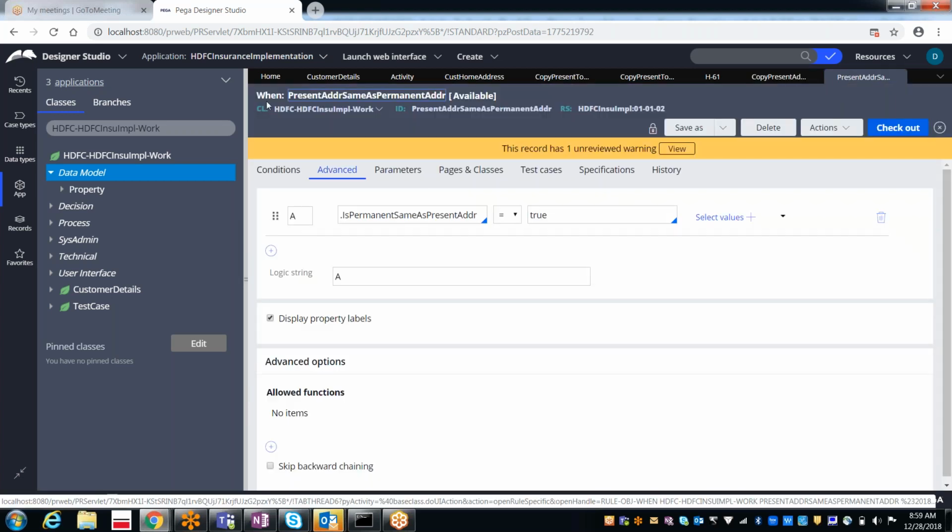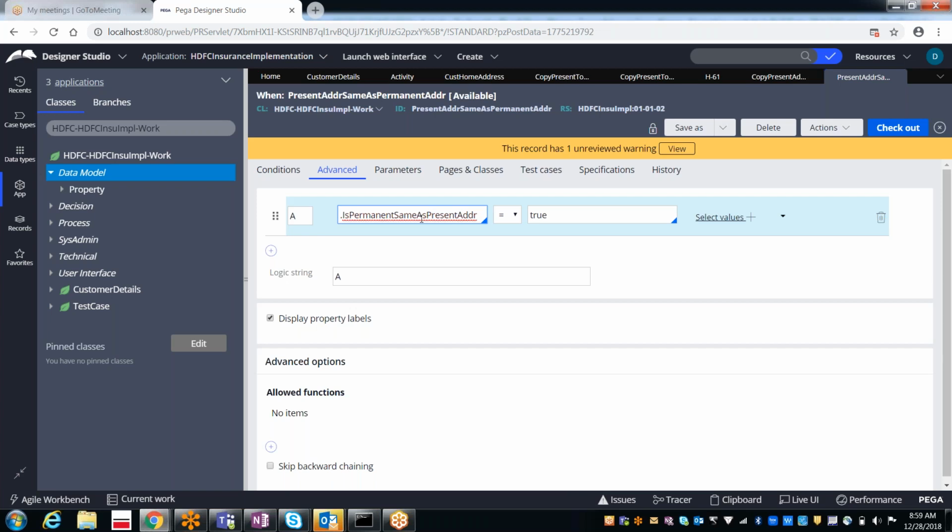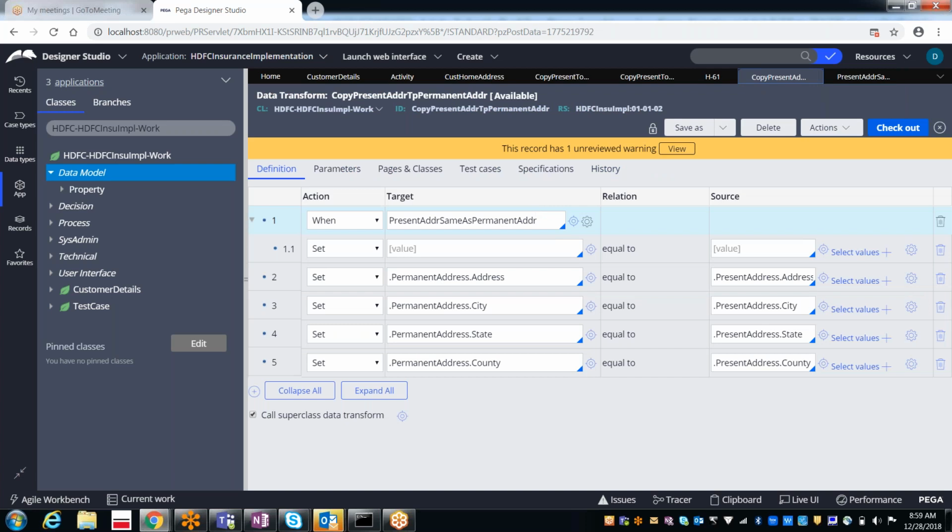See, this is the when rule which we created last time. I hope you remember. We did it manually by typing the condition, otherwise by creating the when rule also. So we can reuse this when rule over there. If you don't want to reuse, then you can do it manually. So how exactly can you do it manually? Equal to true.